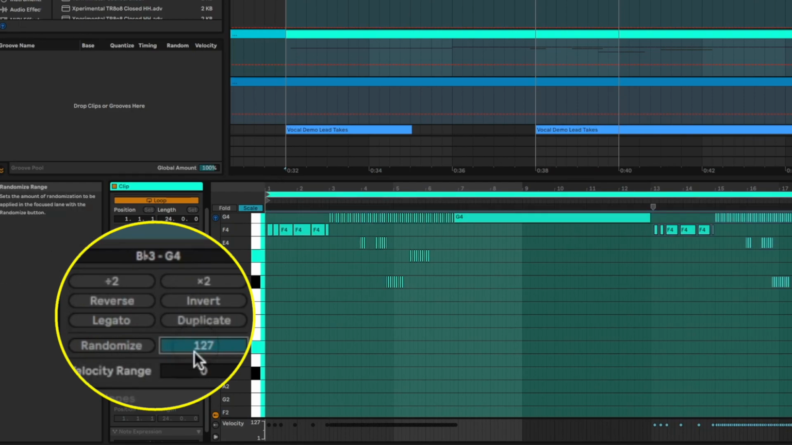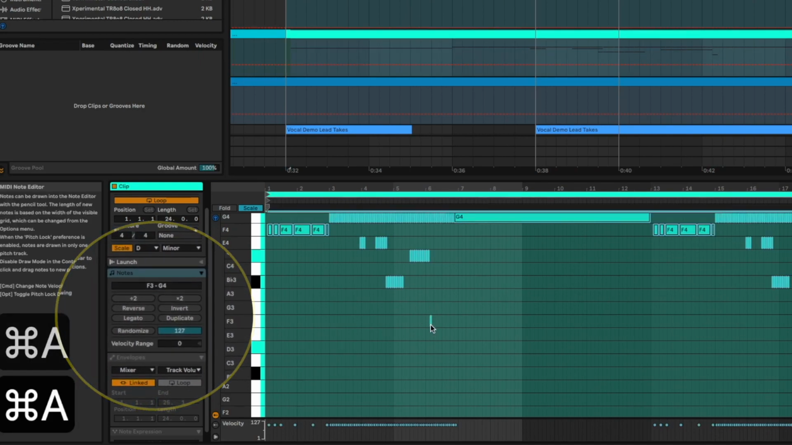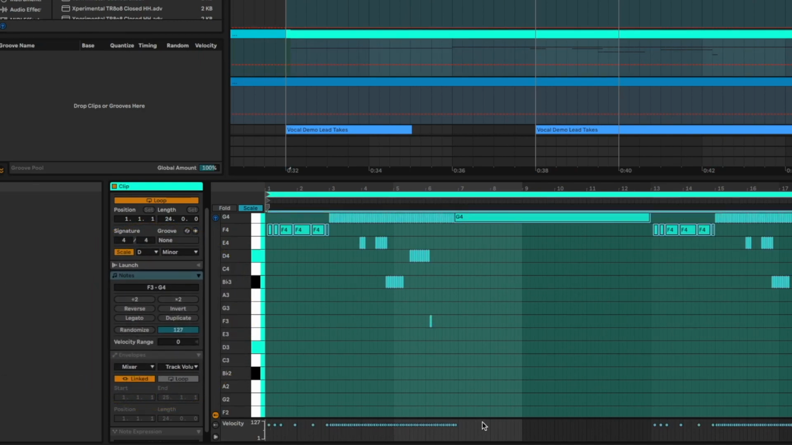Randomizing randomizes your velocity. So if we take a look down here, I'm going to do Command A once again. All of this is our velocity stalks. So these stalks here allow you to change the pressure that a key is pressed. So the lower it is, the softer it will be pressed. So by hitting randomize,